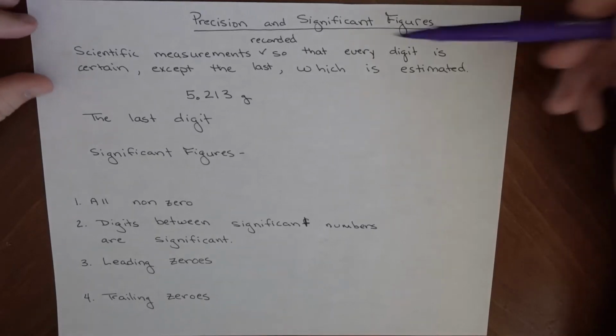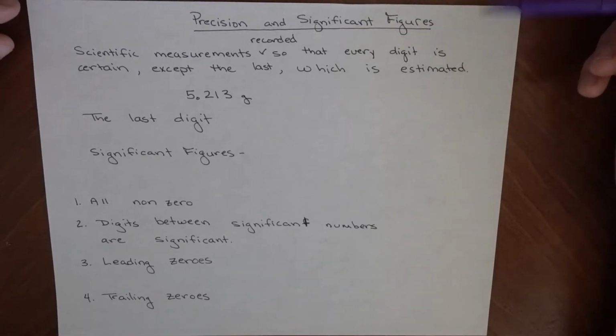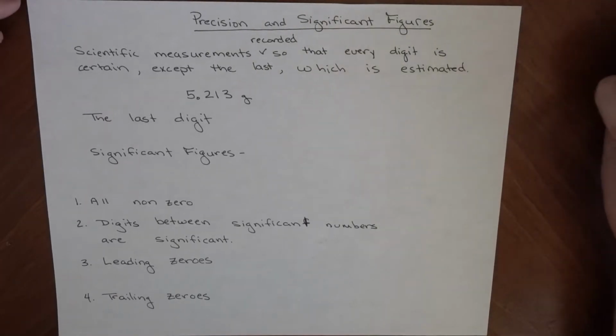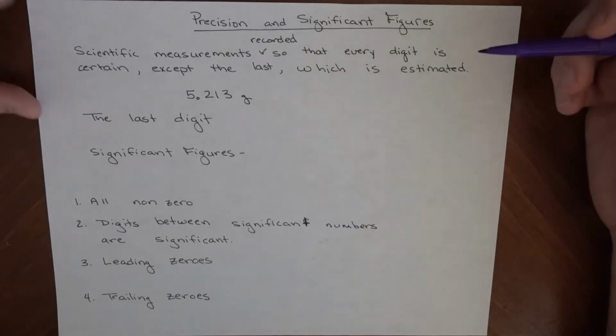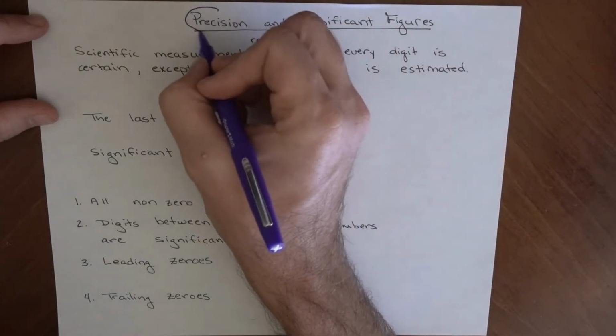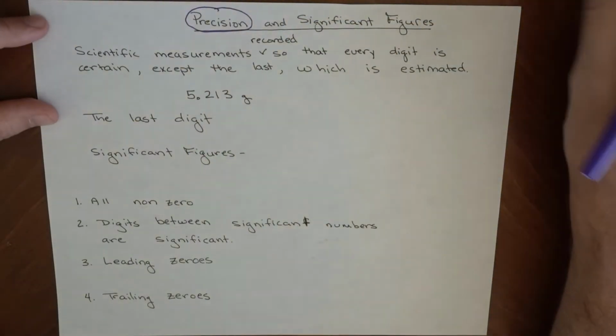So now we're going to go over precision and significant figures. Significant figures is something that I swear chemistry teachers did not make up to take points off otherwise correct answers. Significant figures is the way that we represent precision in our measurements, and it becomes very important when we're doing